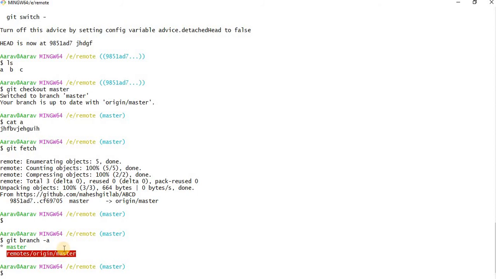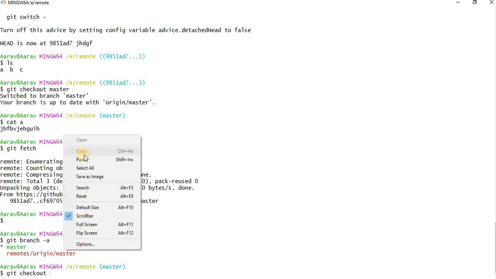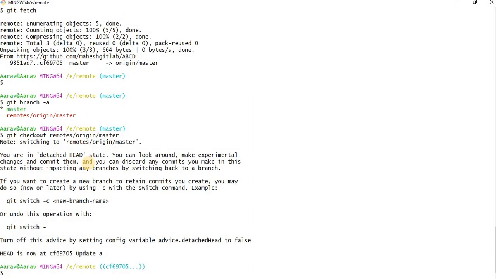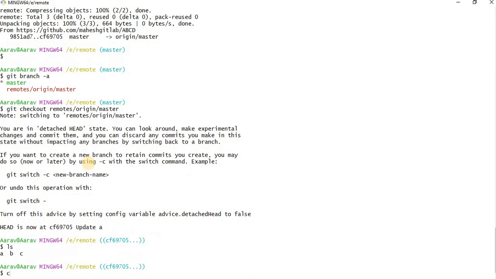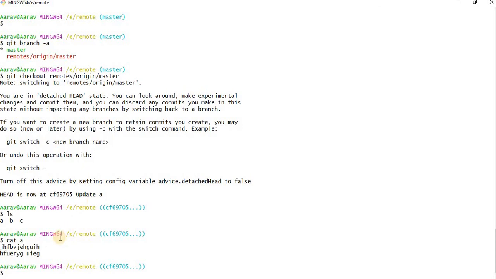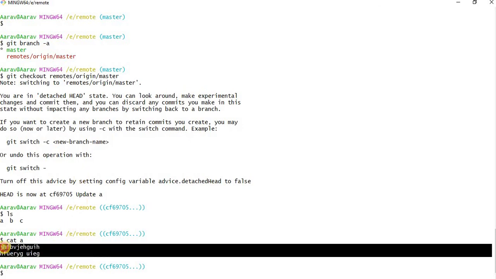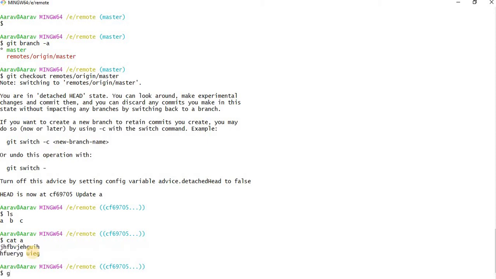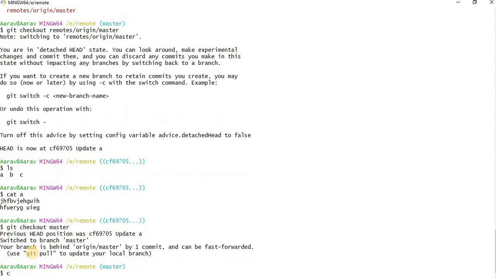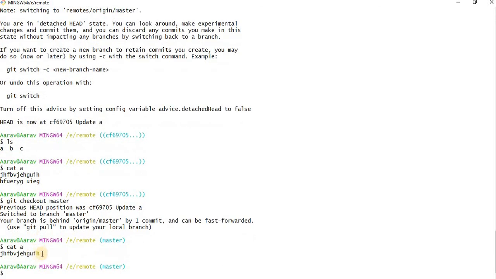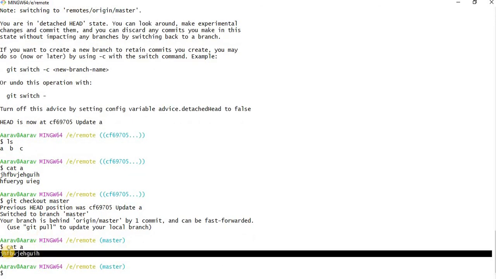So we got this branch, git checkout the branch, do ls, just do cat here. See, you have two lines of code, whereas in master you have only one line of code. Git checkout master, cat a. See, you have only one line of code. So now you may feel that whatever code he has written is wrong.